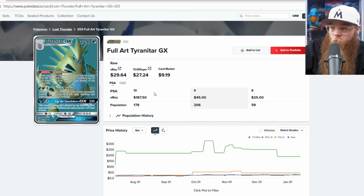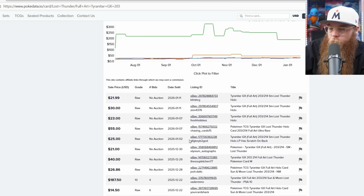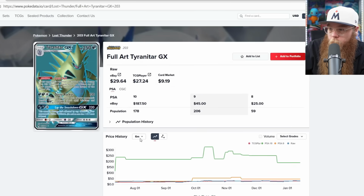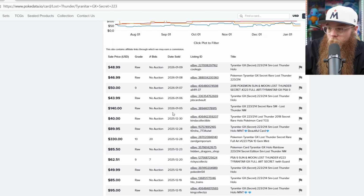Next, we have the actual full art from Lost Thunder. This has a pop of 178 in a 10, 206 in a 9. Last sold raw, anywhere between like $30 to about $50 if you want it clean. Then we got a PSA 10 sale about $187. Next, we have the Rainbow, same exact art. Little higher pop, 252 in a 10, 360 in a 9. Last sold raw, 50. We got one at $140, another one at 80, and then we have a PSA 10